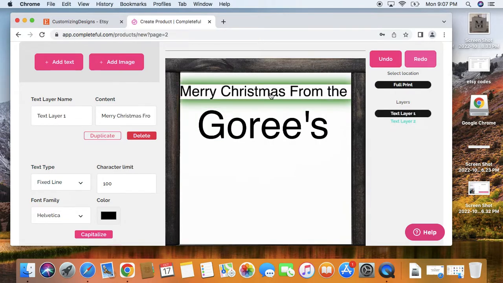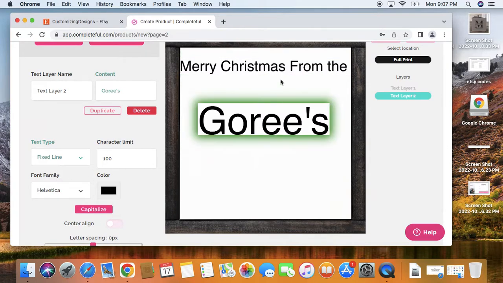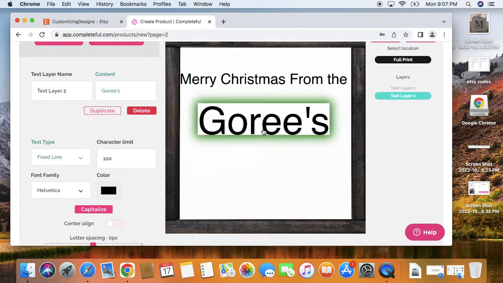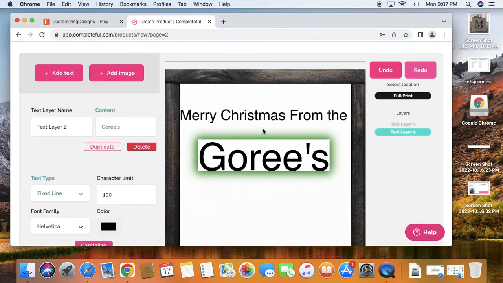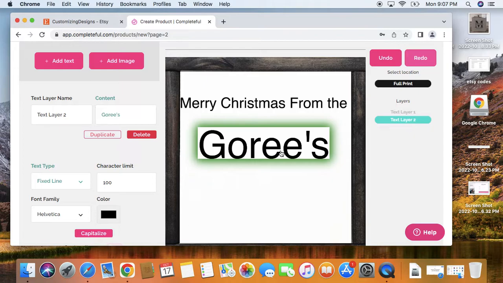Obviously, this is not a very good product, and this would be very hard to sell. But this gives you an idea. So here for Gorees, basically what this allows you to do is this text is personalizable, this text is fixed. So every single time you sell this item, this right here will be printed on that item. Now, this we can change. So when an order comes in, and let's say we want this to be the Johnsons or the Smiths, whenever this order is placed, we put this order on hold, and in that personalization box that we talked about earlier